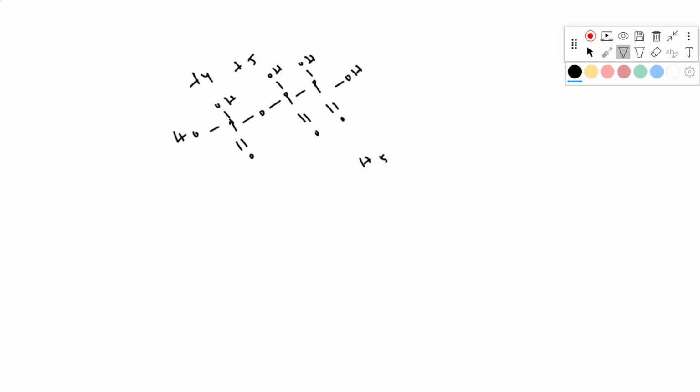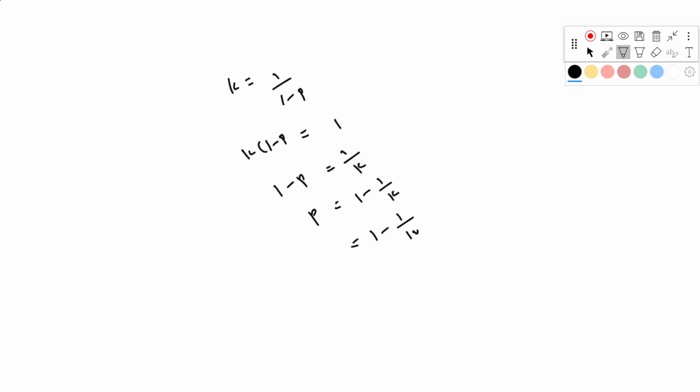Here 1, 2, 3, P3, and here 1, 2, 3, 4, 5, 6, 7, 8, 9, O9. And if you see here, -1, -1, -2, -1, right? So here +5 oxidation state, here +4 oxidation state, right? So this is the correct structure, H5P3O9. Next,